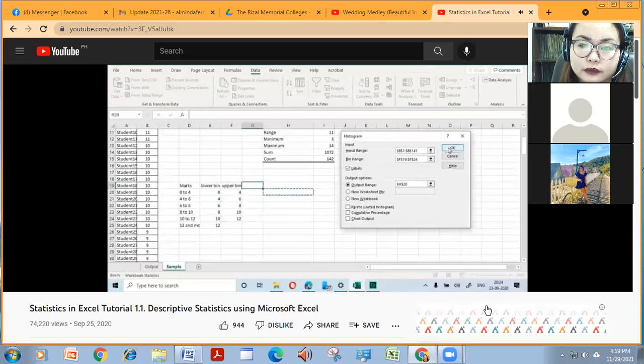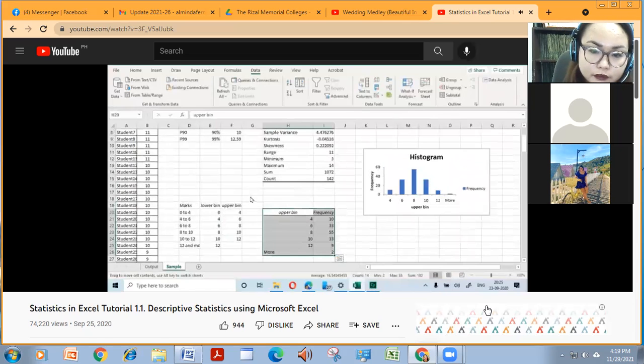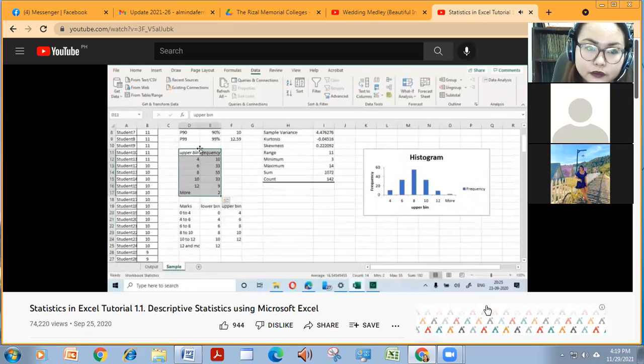We also want a histogram, so also choose the chart output. If you want a reverse histogram, you can choose Pareto. Currently I'm just using a chart, a simple histogram. So press OK, and you see that the histogram has been generated, and we also have our frequency table, which I can now drag here. So this becomes my frequency table.